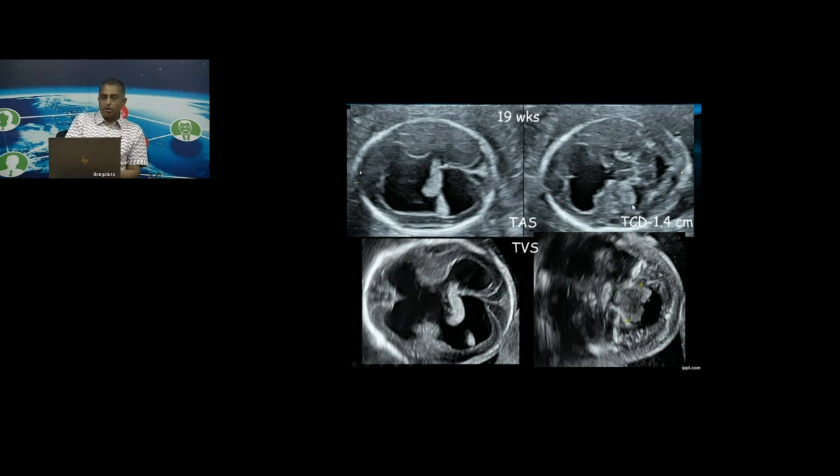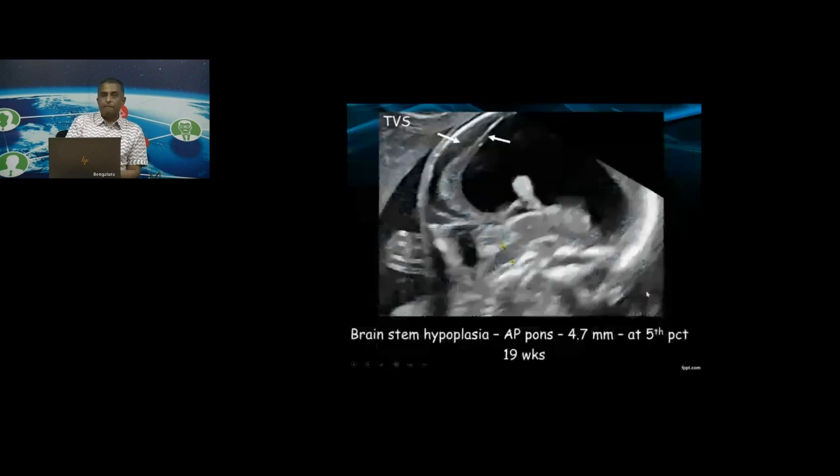So you want to see this brain better. So I'm going to let go the transabdominal probe and look at this brain transvaginally. And luckily, this brain, the fetal head, was in the lower uterine pole, and you can produce pictures with remarkable detail, as you can see over here. And that is the cerebellar hypoplasia that you see. Now, the importance of doing a vaginal scan is that I can get direct, marvelous, very high resolution pictures of